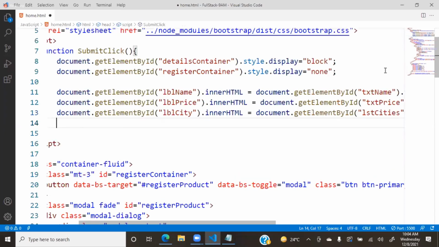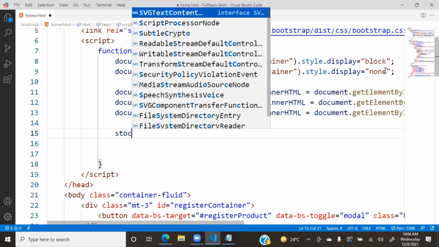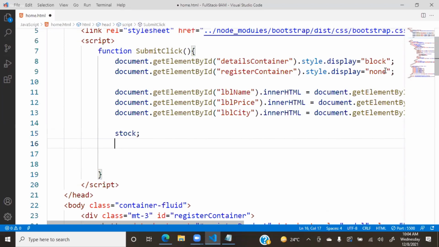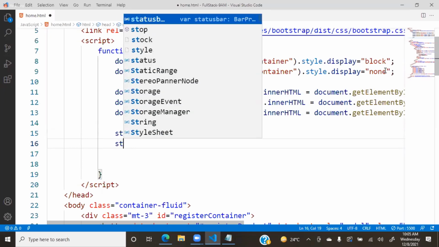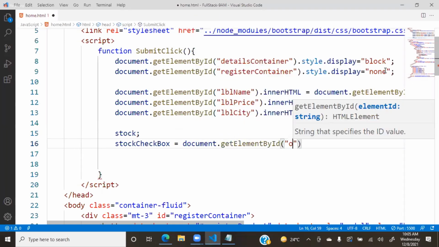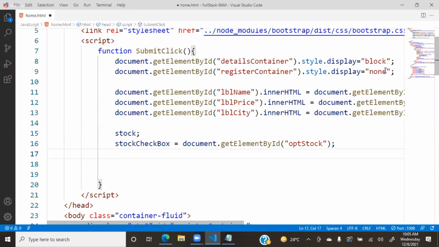So what we have to do now, here we will create a variable called stock. Temporarily we will just give names. That's enough. It will work. So stock. Okay. So we will check the condition. We also have to collect the checkbox. That means I will write here stockCheckbox. How to collect the checkbox? document.getElementById optStock. optStock is the checkbox. That means we are collecting the checkbox and we are verifying now